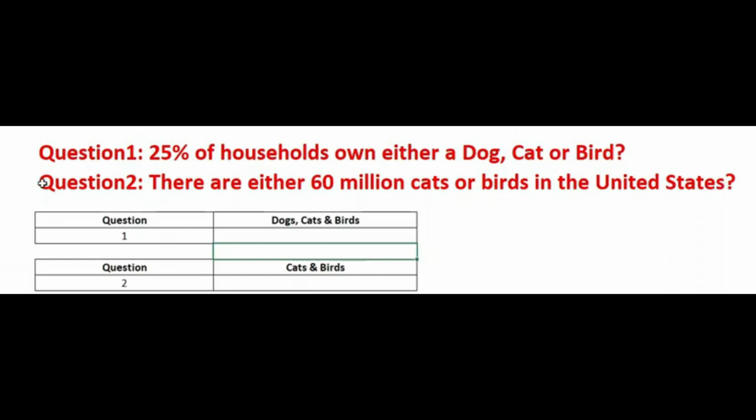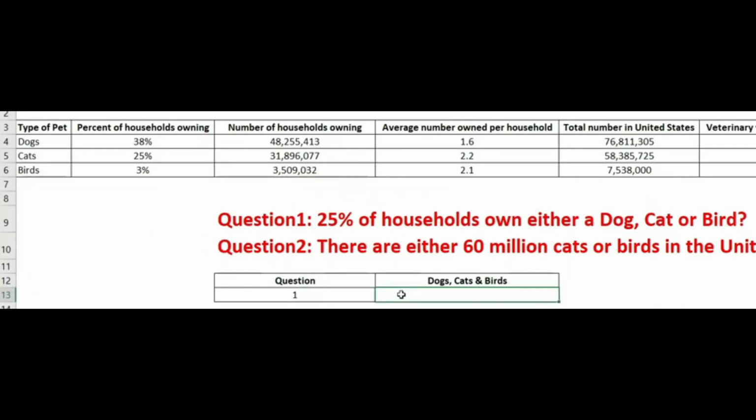Alright, so let's start with question 1. Question 1, 25% of households own either a dog, cat, or bird. The reason why we're doing question 1 first, just like within the if-and series, I told you that a logical function can have 2 or more logical tests. Well, question 1, because we're saying dog, cat, or bird, has 3 logical tests. So, we have to create our function using 3 logical